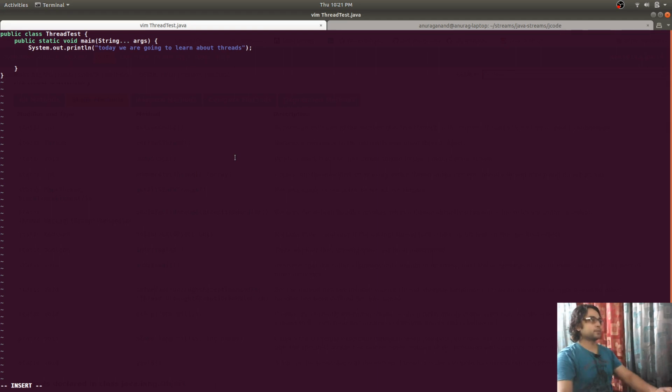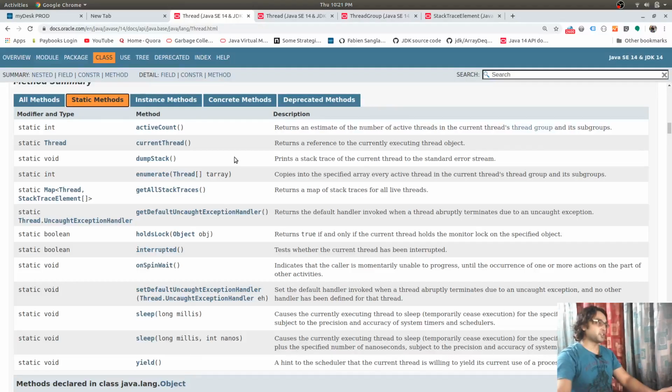So now we have got a reference to our main thread that executes this main function.